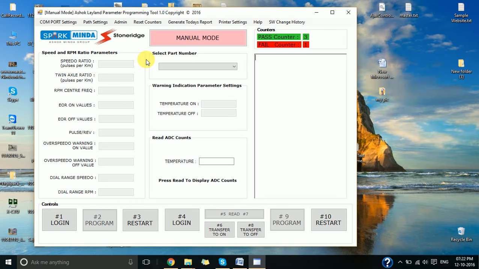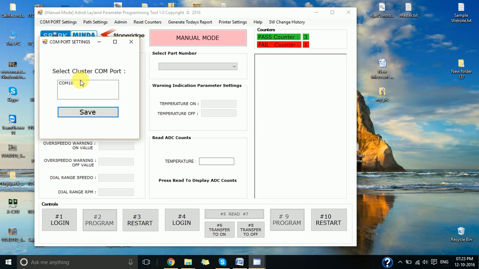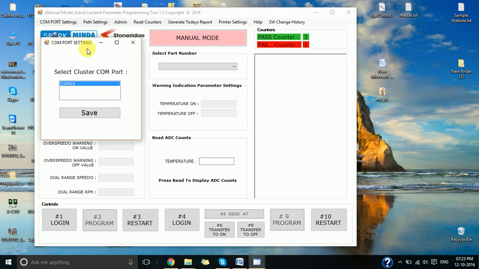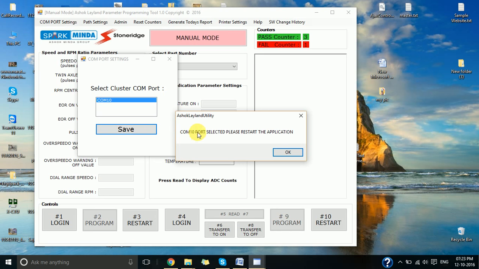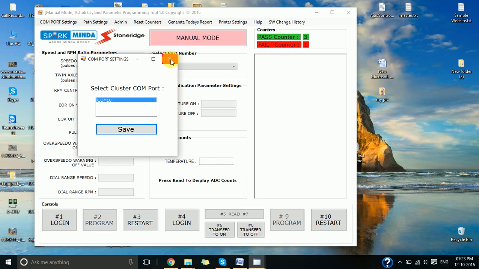Okay, now for the first time, what you have to do is go here and do the COM port setting. Here you have to select the COM port. Here you can see the list of COM ports available on your computer. Just select the COM port to which your cluster is connected. Okay, then press save. It will give you a message: COM10 port selected, please restart the application. Press OK, then close this,